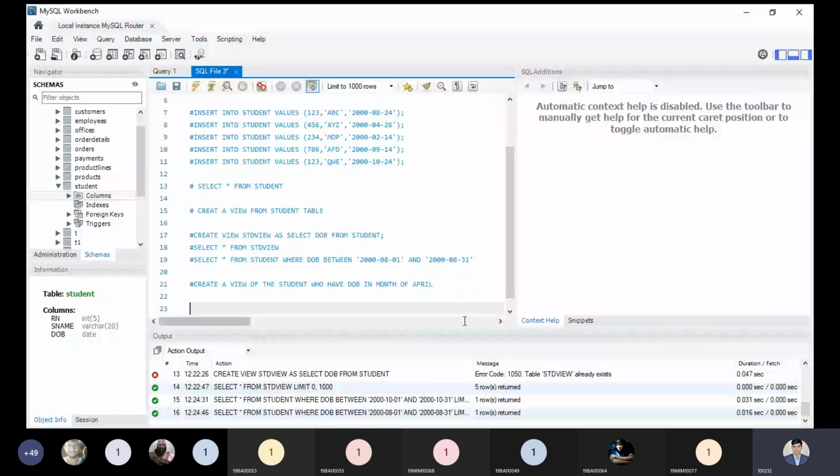I want to create a view of the student from the student table, who have date of birth in the month of April. So it's a very simple query. Since the student view is already created, let me create this. Create view stdb, just let me correct this point, stdb view as select